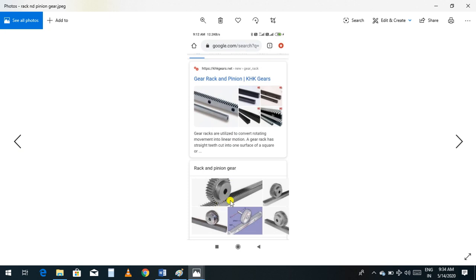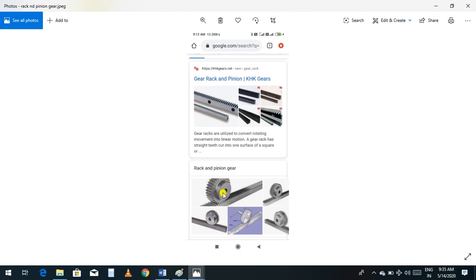Now you can see this is the path of one gear, and this looks like a spoke gear. It will rotate when this path rotates. This gear will rotate to the front side or back side, depending on the axis.